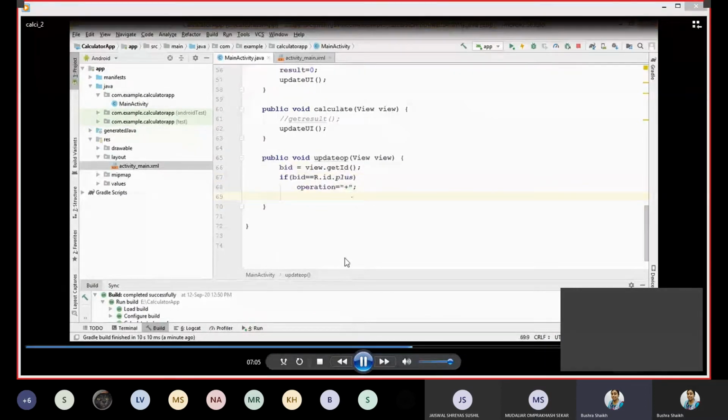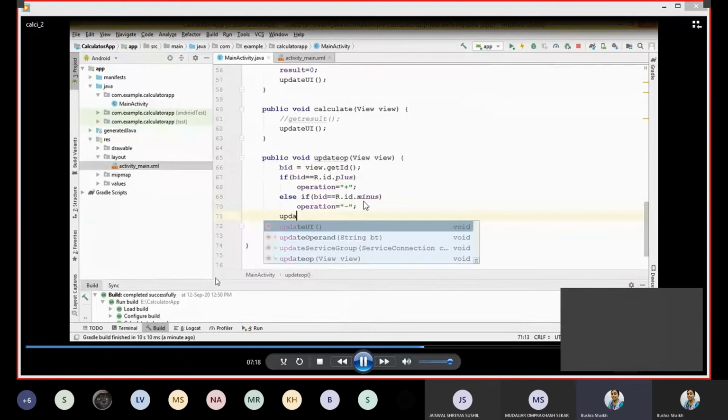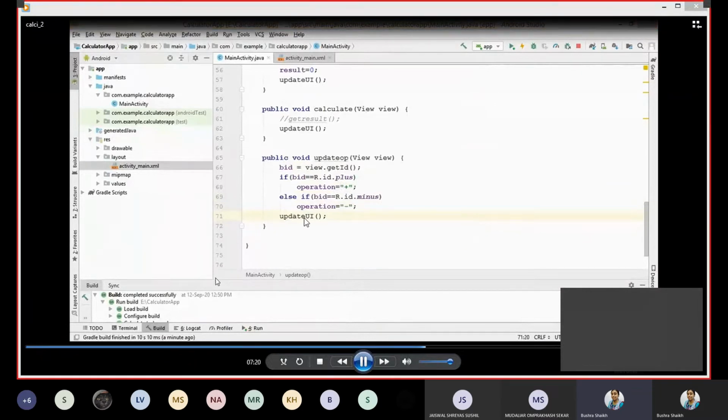I went back into activity_main.xml to find out what ID I had written. To the plus button the ID assigned is plus, to the minus button the ID assigned is minus, and accordingly the operations get set as per their respective IDs.